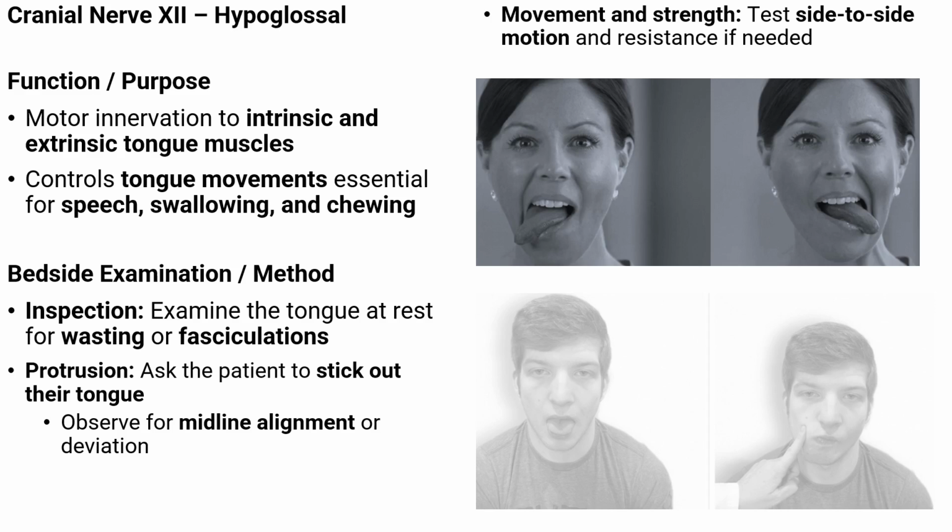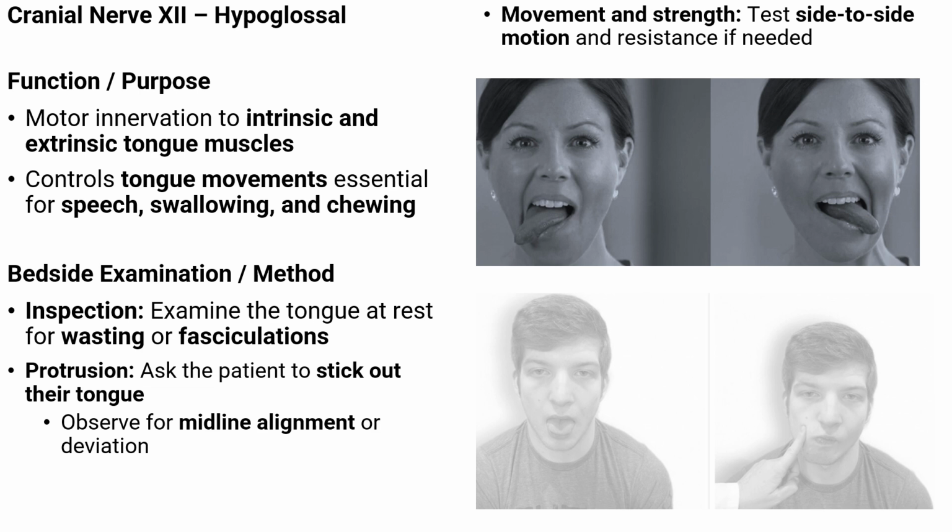Now, let's focus on cranial nerve 12, the hypoglossal nerve. This nerve provides motor control to both the intrinsic and extrinsic muscles of the tongue, which is essential for speech, swallowing, and chewing. To examine the hypoglossal nerve, start by inspecting the tongue at rest, looking carefully for any wasting